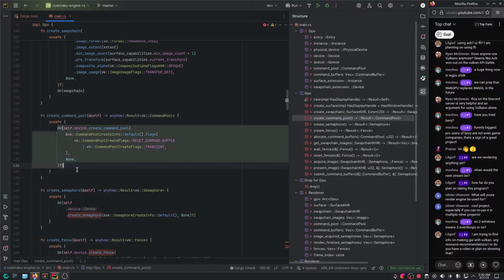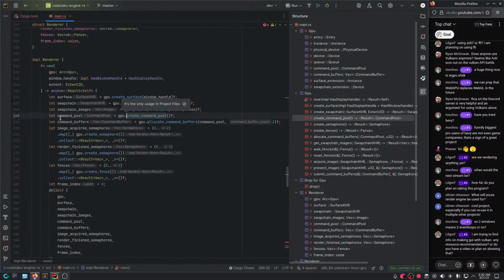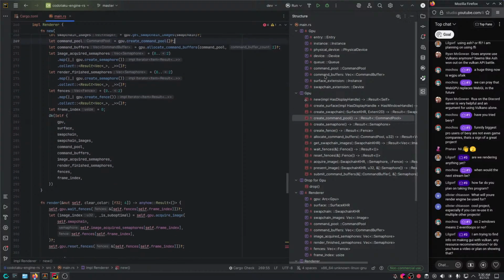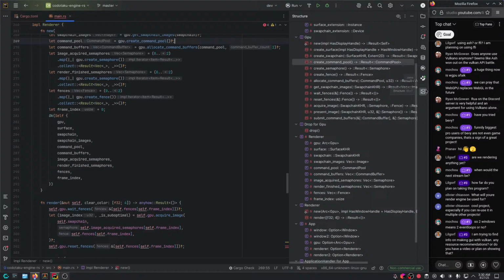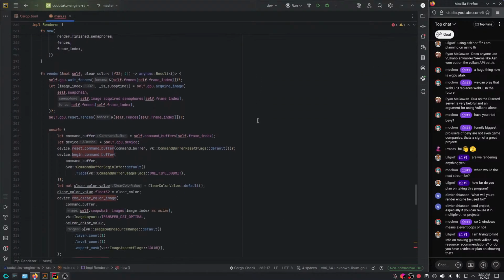Instead of writing this whole Vulkan code every time, you just write GPU create command pool, done. You see? So this could be reused. Every time I need a command pool, I could just do this instead of having to worry about Vulkan. Same thing with the renderer and so on. That's basically the plan.